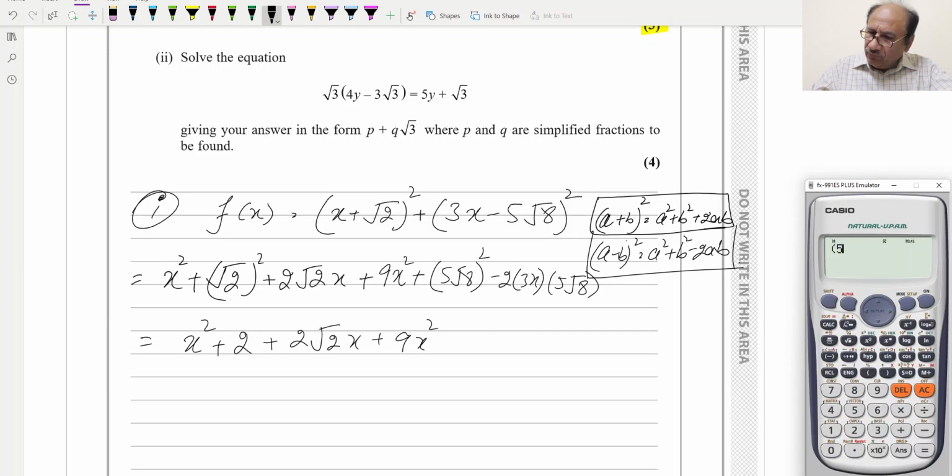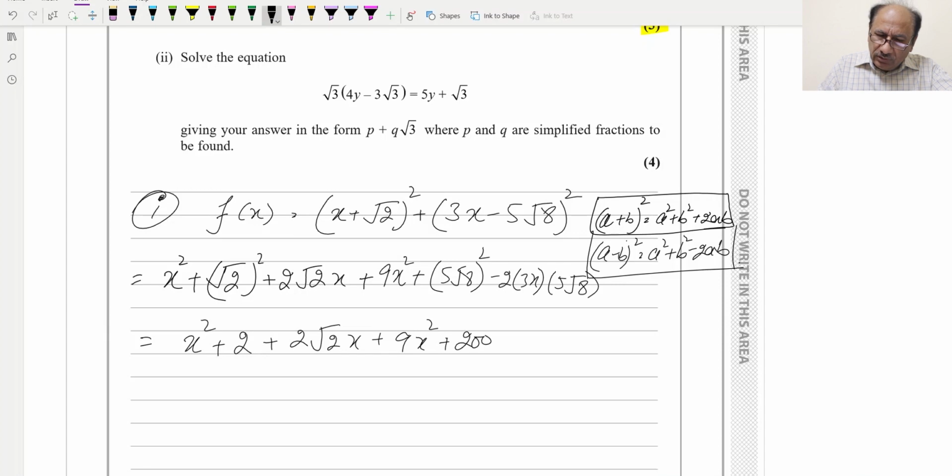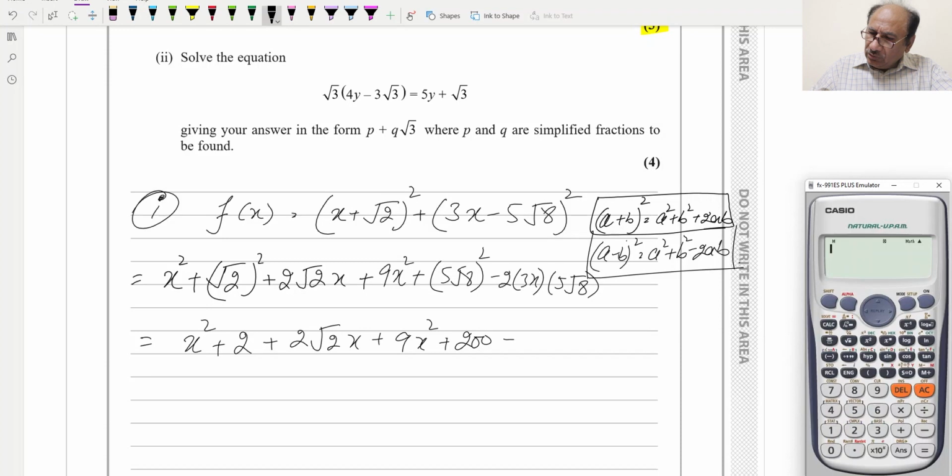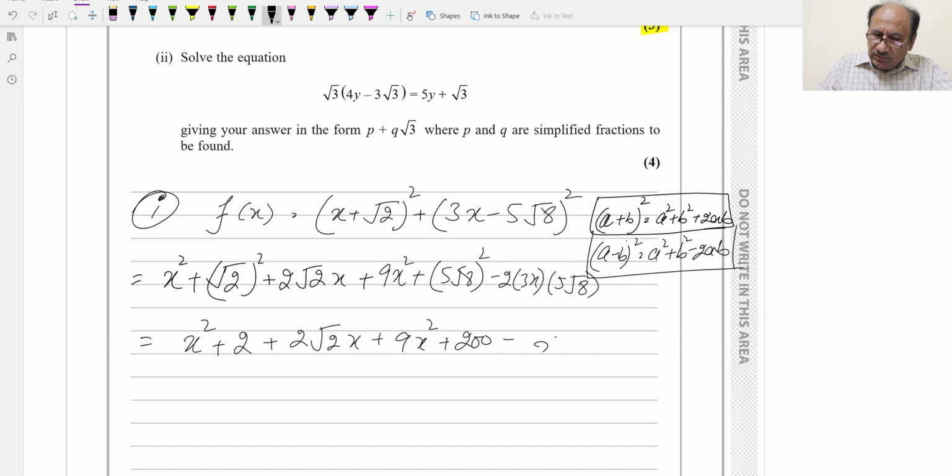So 5 root 8, bracket close, squared, and this is equal to 200. So plus 200 and minus 2 into 3 into 5 root 8, and this is equal to 60, minus 60 root 2 x. Now